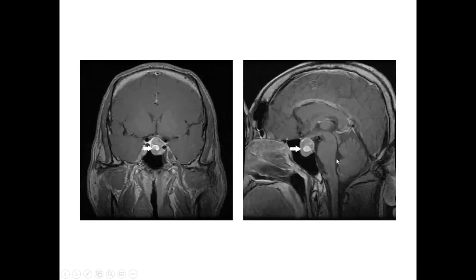Another thing I am going to tell is apoplexy. In apoplexy, you can see hemorrhage inside the pituitary gland, either the blood supply to the pituitary is cut off, or there is a hemorrhage. The patient presents acutely with vision problems and hormonal problems, so that needs evaluation.